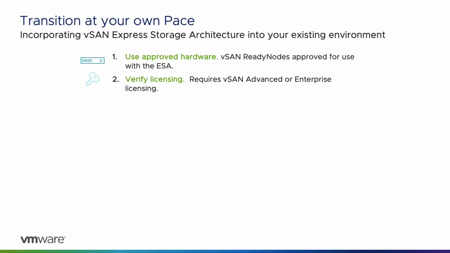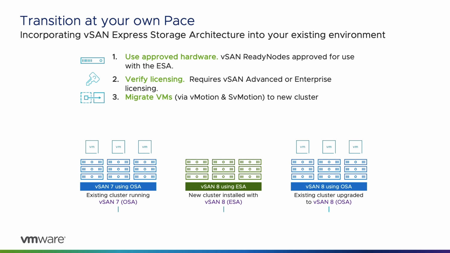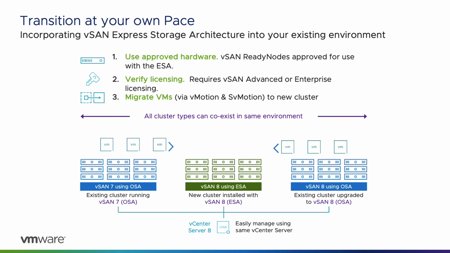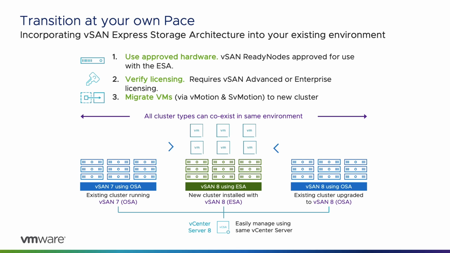vSAN allows your environment to easily accommodate new clusters that are built for the ESA while coexisting with your other clusters running earlier versions of vSAN or existing clusters that have been upgraded to vSAN 8 using the original storage architecture. To do so, ensure that a new cluster is using vSAN-ready nodes that are approved for use with the ESA. Assuming that the appropriate licensing is in place for the new cluster, workloads can simply be vMotioned and storage